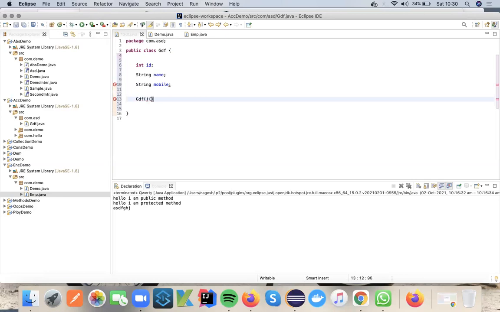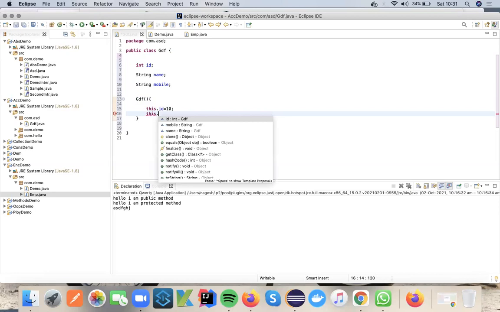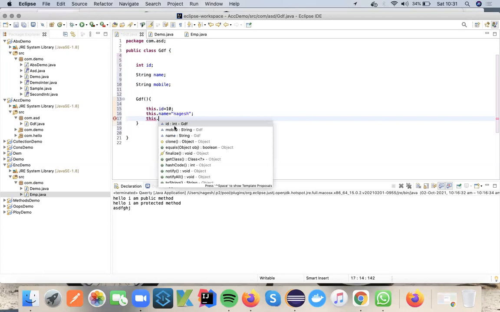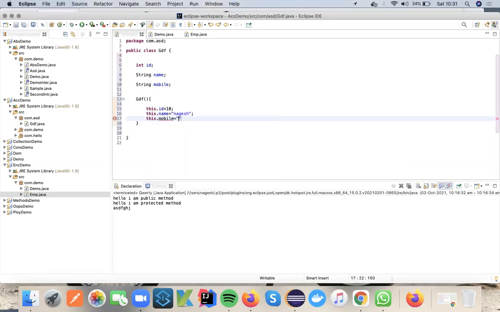In this constructor, I'm setting the values. this.id equals 10, this.name equals Nagesh, and this.mobile equals 285. Right. So now